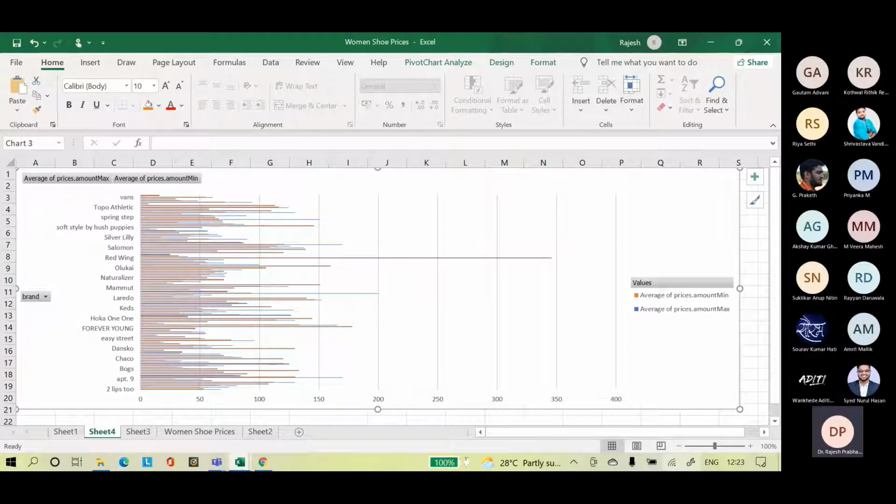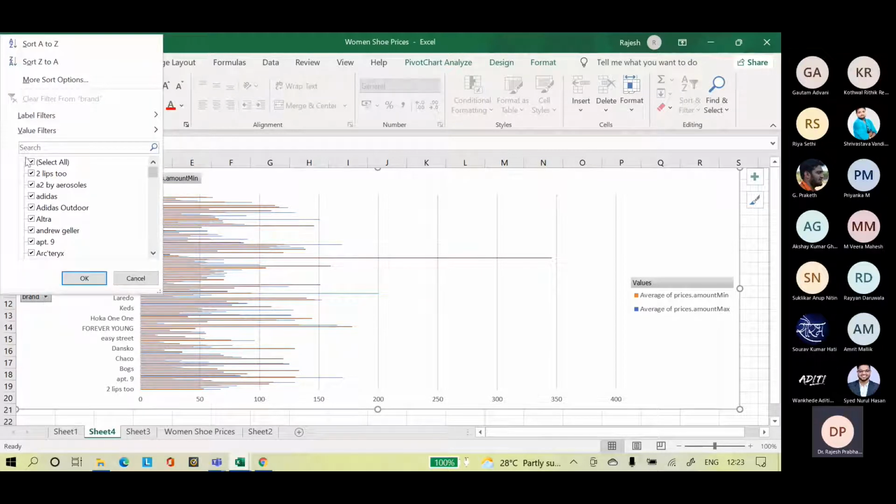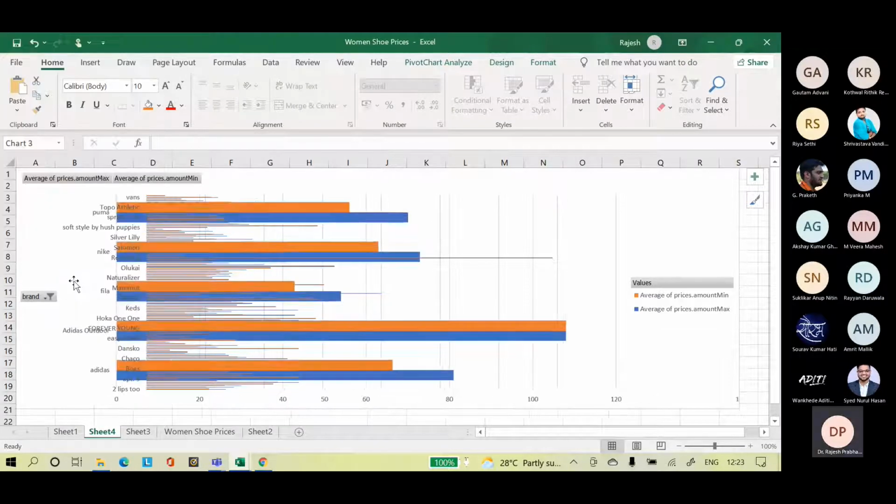But I think we are not getting all brands here, so we have to select the brand. So we'll select Adidas, Adidas Outdoor, Fila, Nike, Puma, okay.